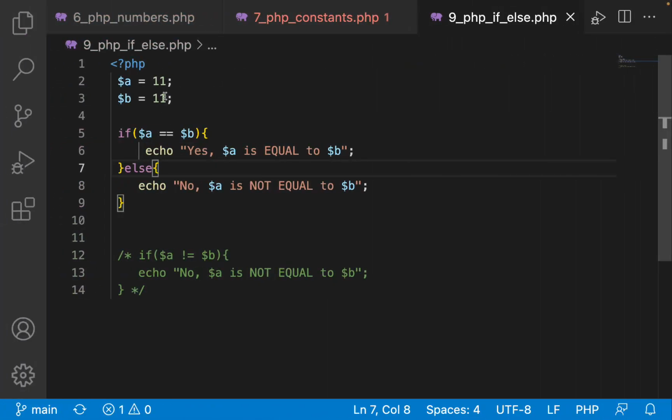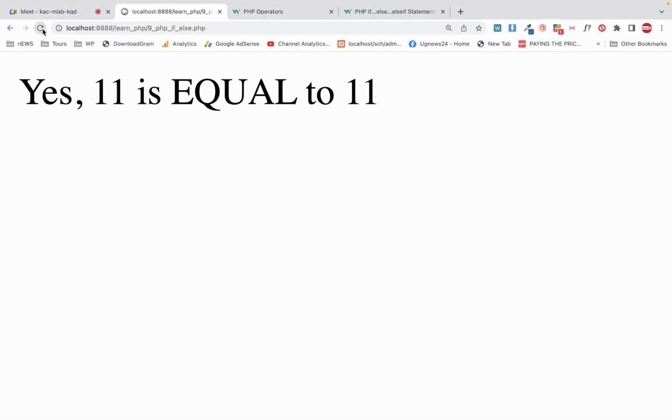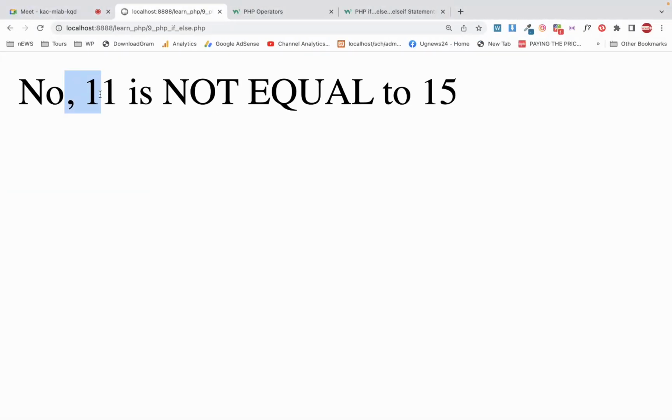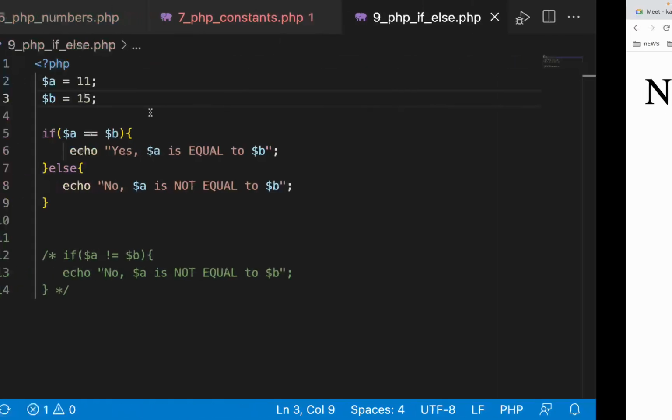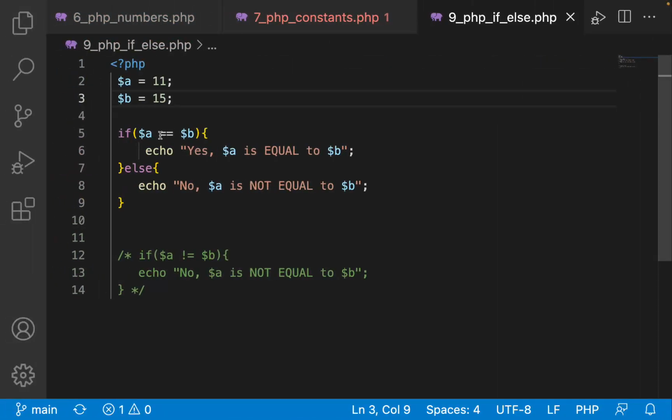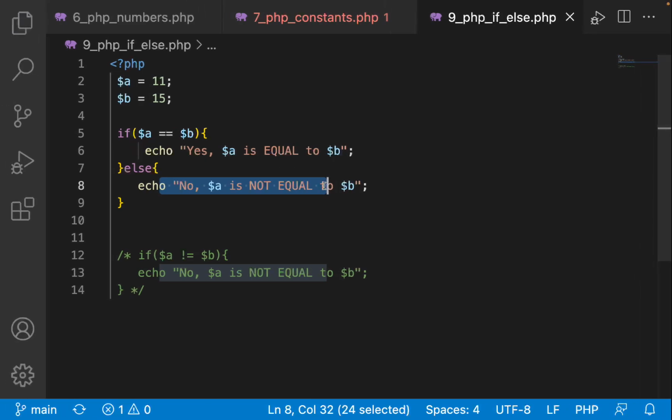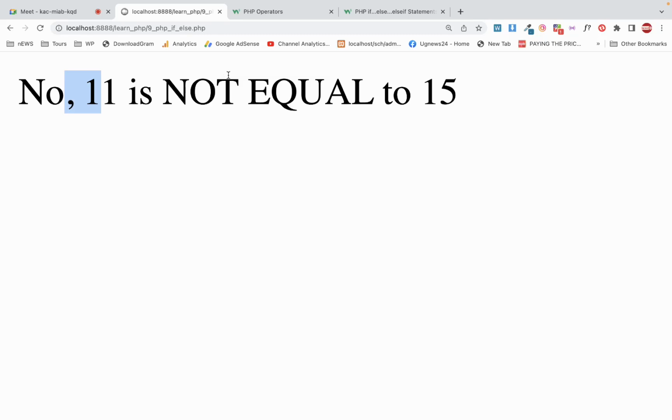Let us change it, maybe I'll make it 15, so you can see it is not equal. So one of the statements will be executed. If the condition is correct, the first statement will be executed. If it's not correct, the second statement will be executed. I hope we have understood that. Now we can proceed